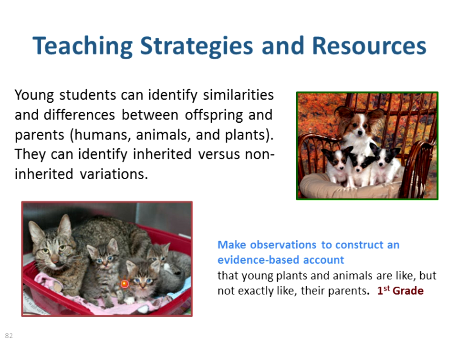Same thing for the kitten. Color of the eyes are different. Color of the fur pattern's a little different, and so on and so forth. I think the eyes actually change, but never mind, it's still differences that little kids can notice and talk about and compare and identify ones that are inherited versus ones that may not be inherited. So if the mother cat had her tail chopped off, or it's actually more with dogs, the puppies will still have a tail. So you can think about those kinds of comparisons.